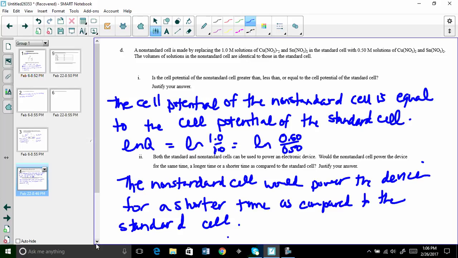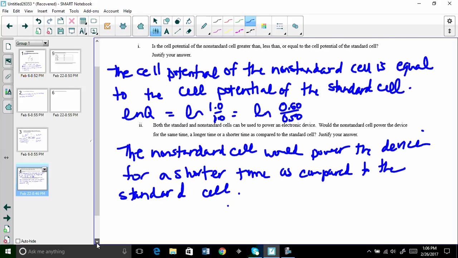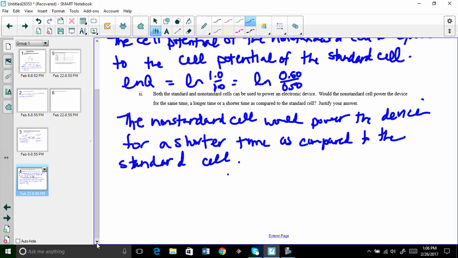because a 1 molar solution, remember how it said the volumes are equal? A 1 molar solution has twice as many Cu2+ ions as a 0.5 molar solution, given that the volumes are the same. And so the 0.5, the non-standard cell, the Cu2+ will be used up faster. So the non-standard cell